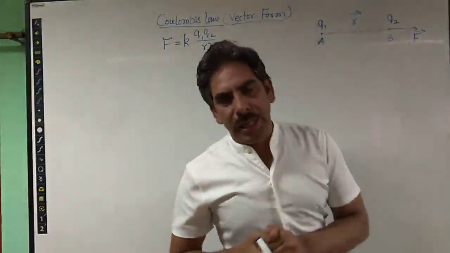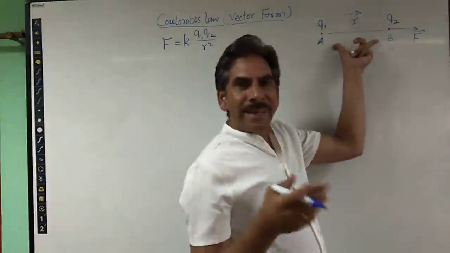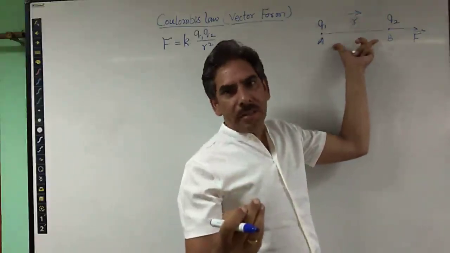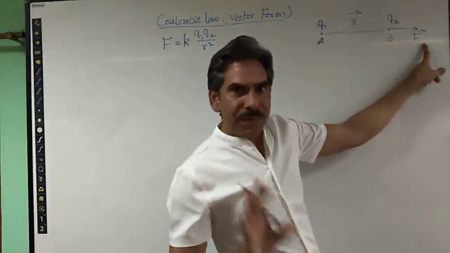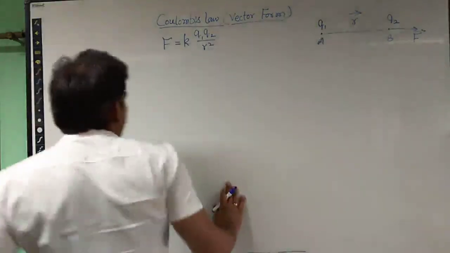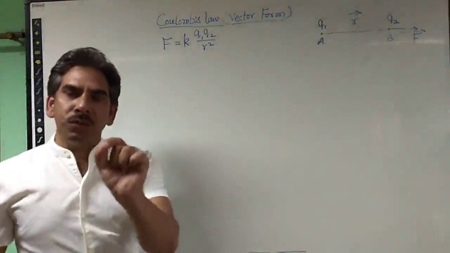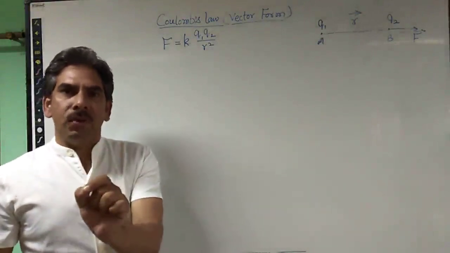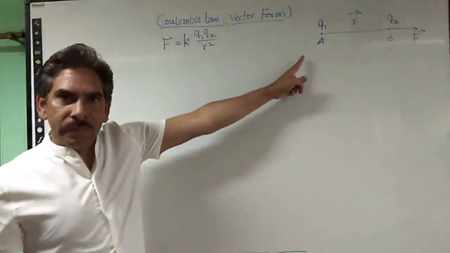But the important thing here is to know the magnitude of this vector and its unit vector, because that unit vector will also be along the force F, right? Okay. So the first thing I have done is I have considered which charge is exerting the force on the other charge. It is q1, right?